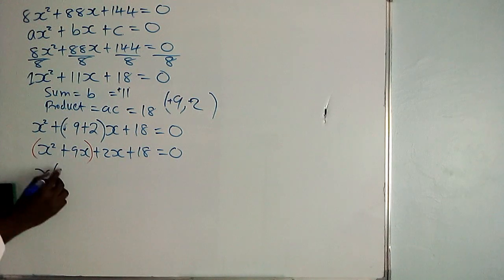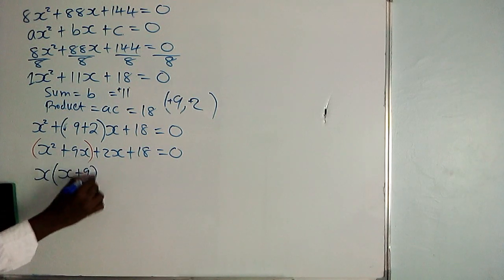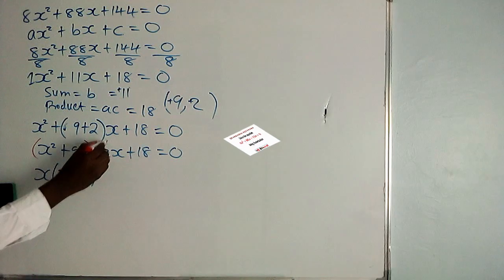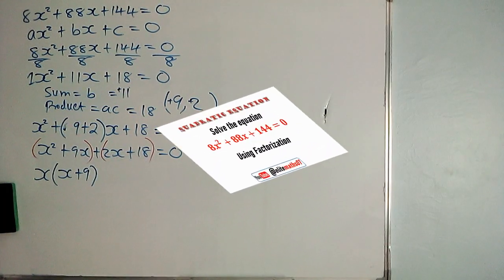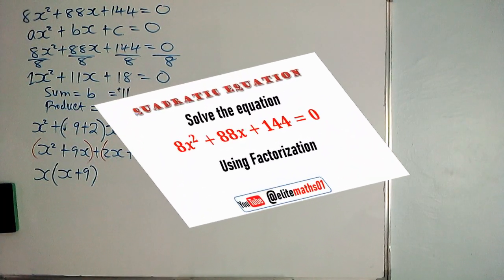So if you remove x outside, you remain with x plus 9, isn't it? Meaning the other side, there's a common factor. If you remove, you're supposed to get x plus 9, isn't it? So that